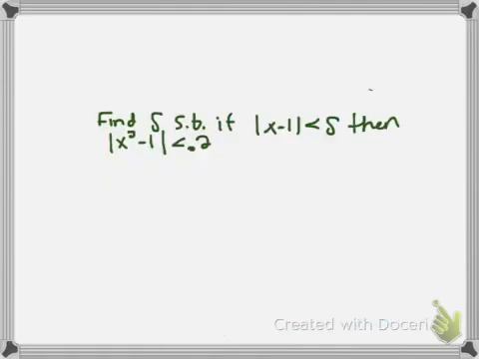Looking at a totally separate one that's just written out with the notation. Find delta, such that if the absolute value of x minus 1 is less than delta, then the absolute value of x squared minus 1 is less than 0.2. First, a couple of things. The function is x squared, so my function f of x is x squared. I know that because it's what I'm subtracting from here. The value that I am comparing this to